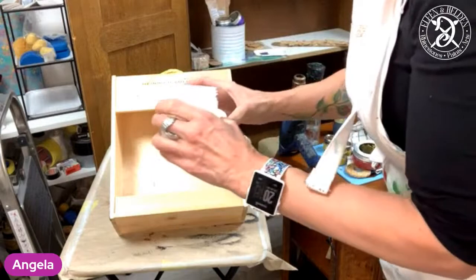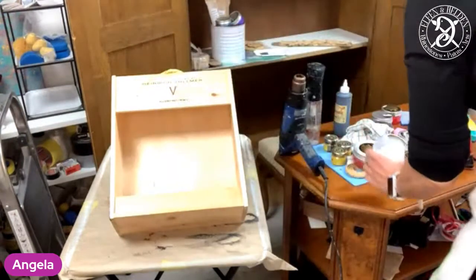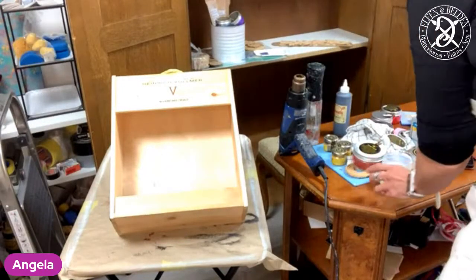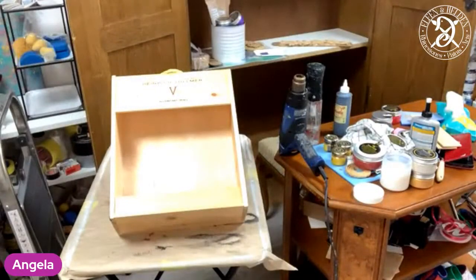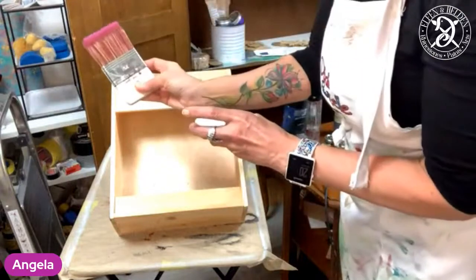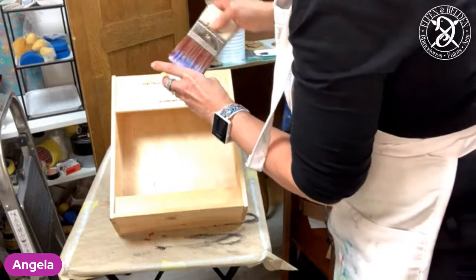So actually, guys, I'm going to pour a little in my lid and I'm going to clean that out later. I don't want to contaminate this. This has been standing around. I've been cleaning that, but there might still be some residue or dust on there. I'm using the Posh Chalk brush to apply